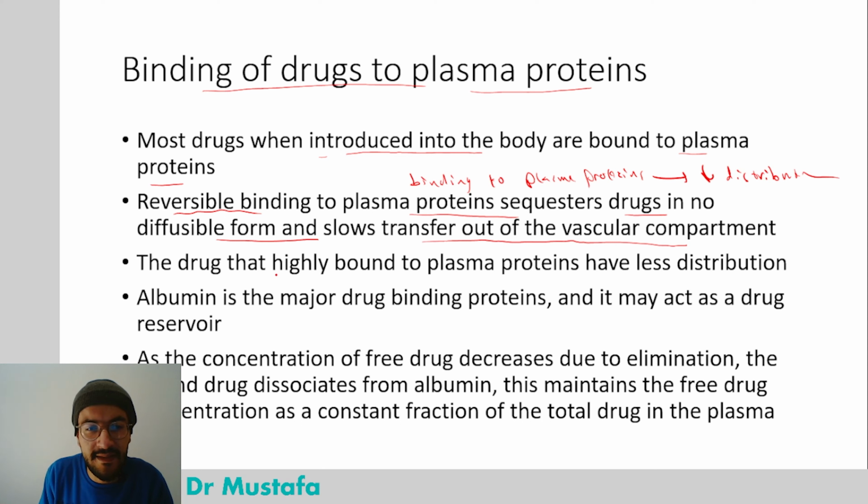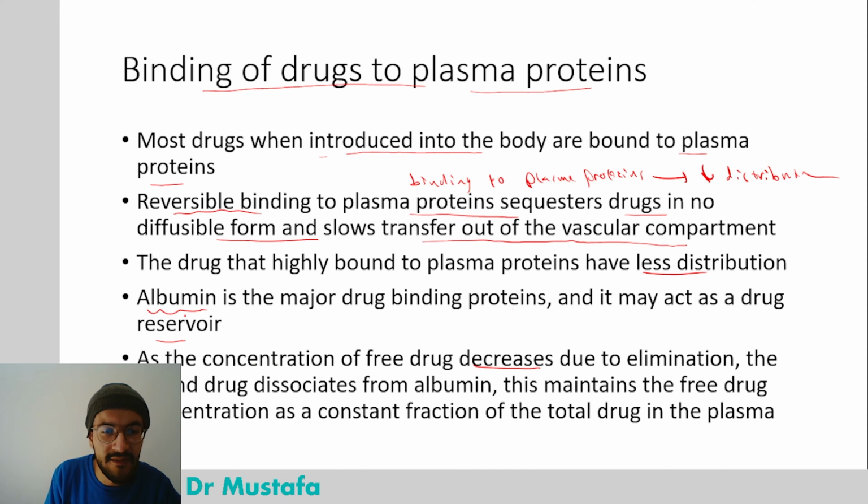And the drug that is highly bound to plasma proteins has less distribution. The same again: albumin is the major drug binding protein in the circulation, and it may act as a drug reservoir. That means as the concentration of the free drug decreases due to elimination of the drug, the bound drug